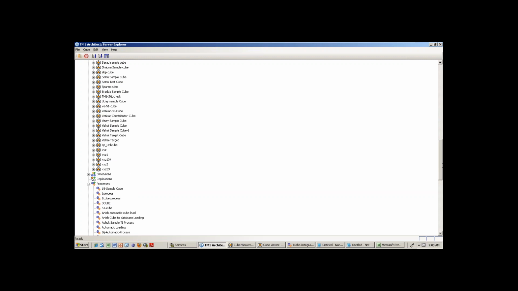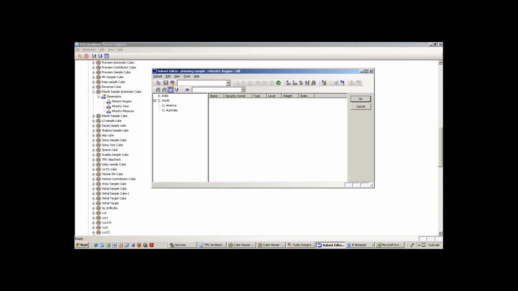In case of Transformer, I think you know about affects and all those things, clock functions. If you know the Cognos Transformer, but if you don't know, leave it. So you go to the sample cube and enable the region. So normally it will be like this, alright? You take this India, cut and paste out of this box.